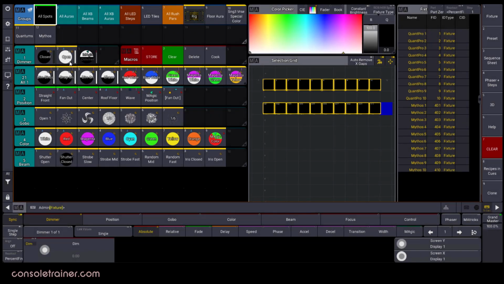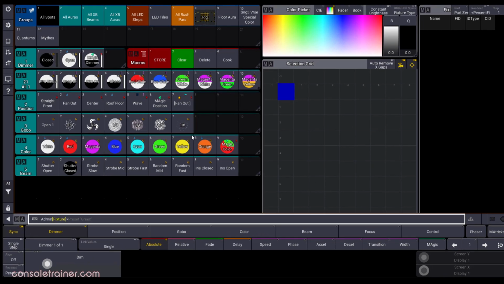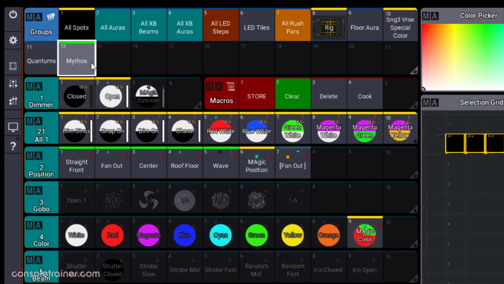And of course, after that, we need to cook any recipes that we need to update. Now here's where it gets a little buggy. After the fixture swap, a lot of the global presets aren't cloned correctly. When I select the Mythos, it looks like some presets aren't even available to me. My universal presets and my selective position presets are there, but not so much on the global things like color,